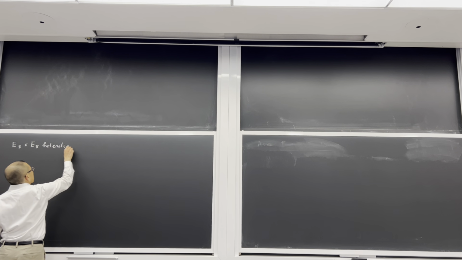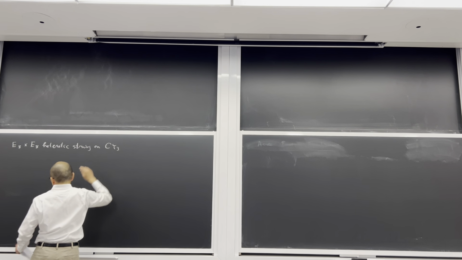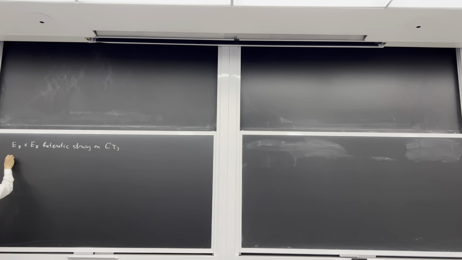So I will continue the construction of Calabi-Yau compactification of heterotic string today, and then go on to discuss other objects we can consider in string theory, and we'll start with D-brane. Okay, so we are considering E8 cross E8 heterotic string on Calabi-Yau manifold, and supersymmetry.